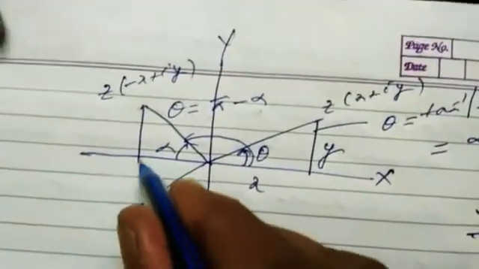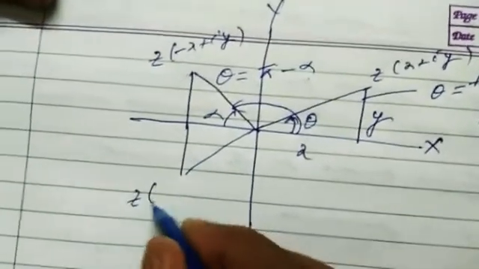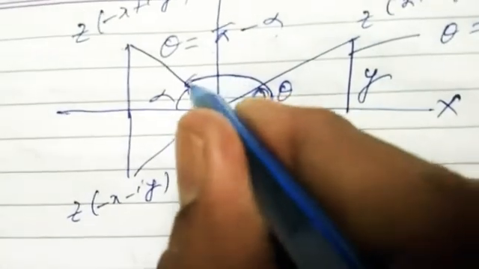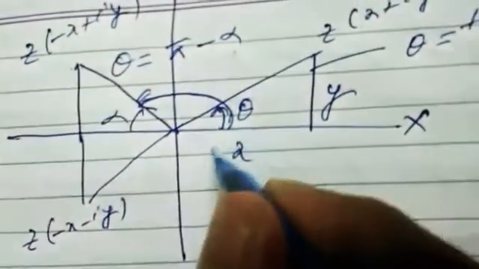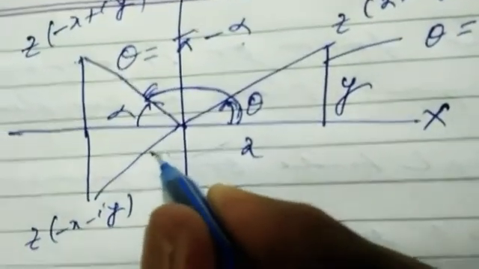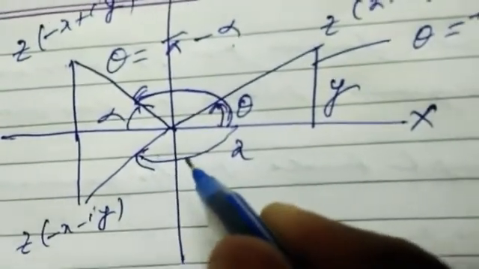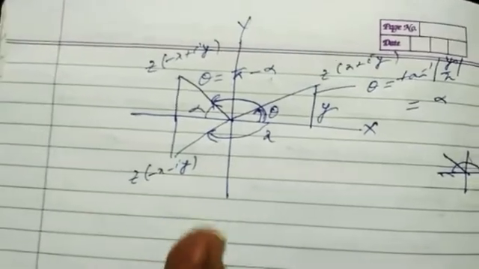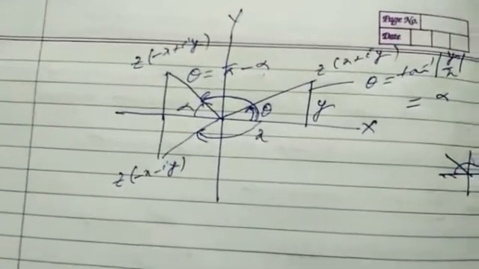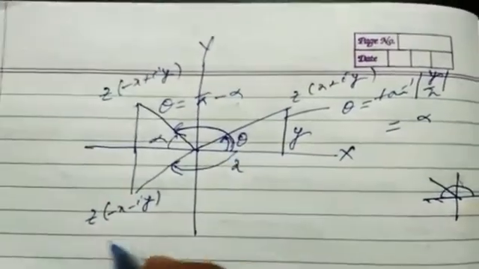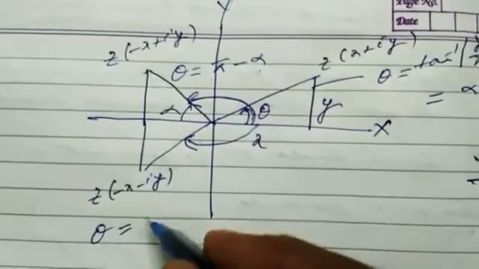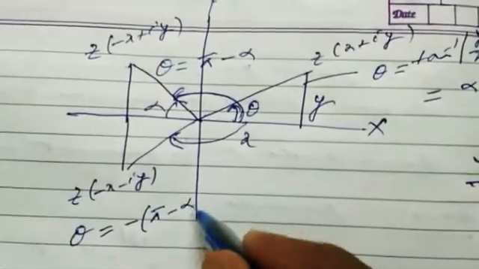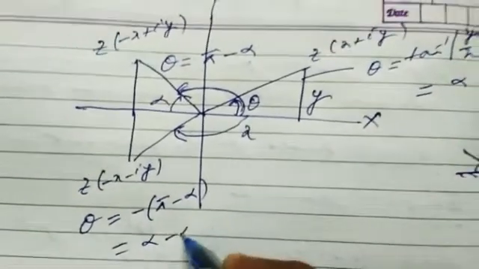Now I am putting the complex number in the third quadrant. Third quadrant means minus x minus iy. I am not going anti-clockwise now; for this calculation I am proceeding clockwise. So clockwise and anti-clockwise are two senses. Anti-clockwise is positive and clockwise is negative. So when we put the negative here, the argument theta will be minus of pi minus alpha, that is alpha minus pi.